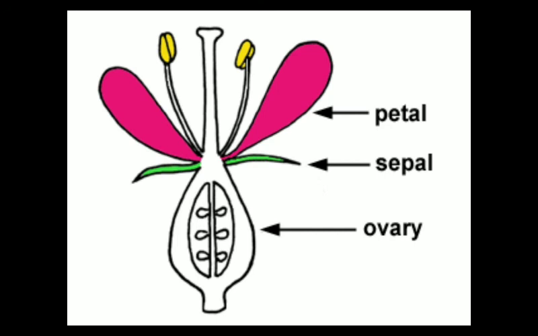So these are the three different types of flowers. On what basis have we categorized these three different types of flowers? On the basis of the position of sepals, petals and androecium with respect to the ovary which is located on the thalamus, flowers are of three types: hypogynous, perigynous and epigynous flower. In a hypogynous flower the ovary is superior, means from below the ovary the sepals, petals and stamens arise.